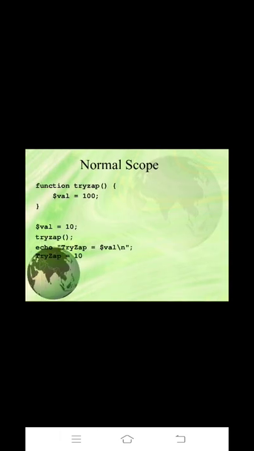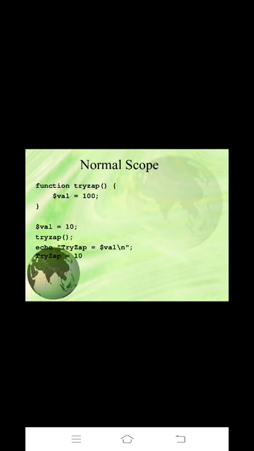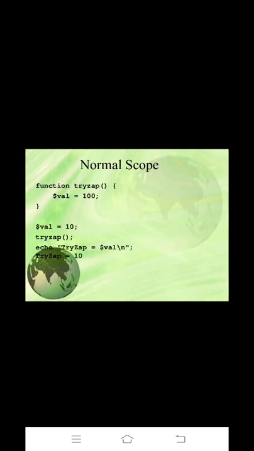Right, suppose you want to get 100, then you have to define that variable above the function. So this is normal scope, and this is global scope. Right, see here, before the value you have written global. So global means that value can be affected in the entire program. Normal scope means that value works within that function only. A global variable can be used anywhere in the program. The name itself says it, local and global.